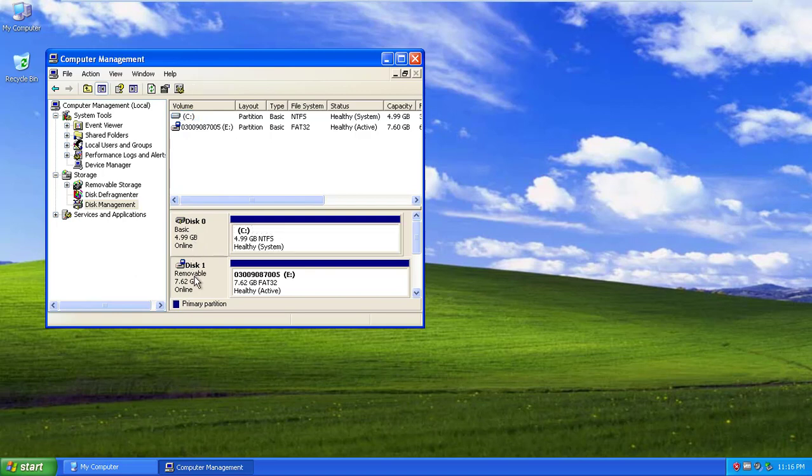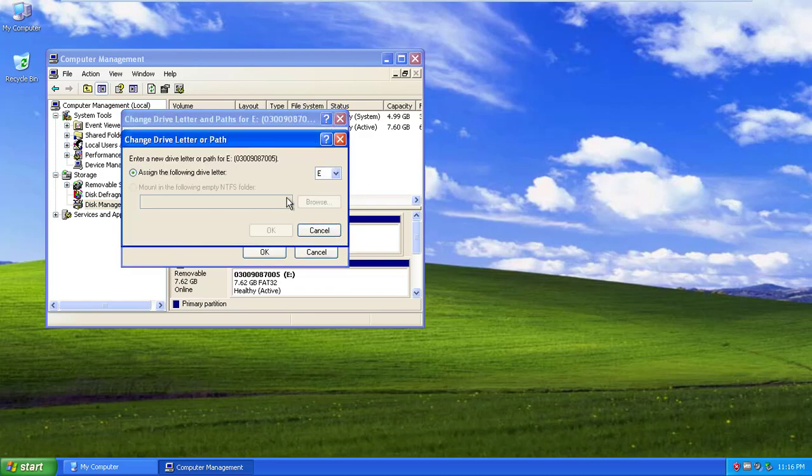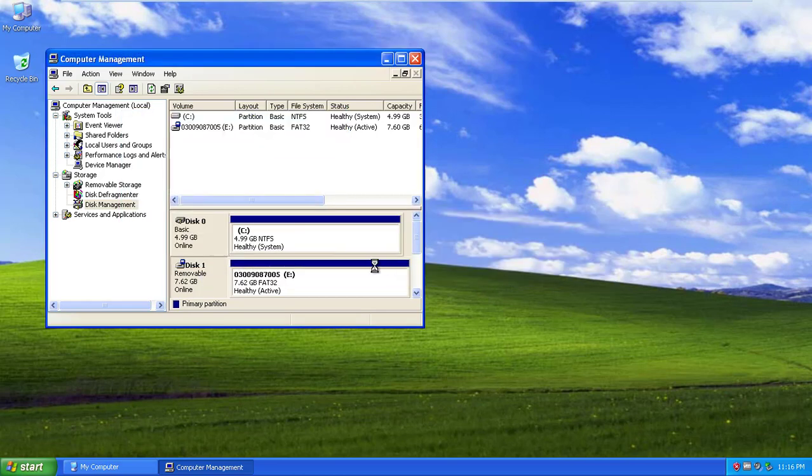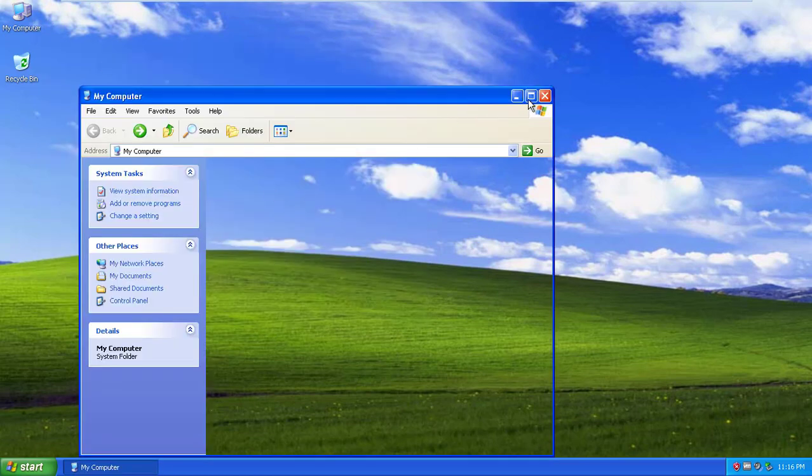So click on this USB and go to change drive letter and path. Here you can see change, so make it A and then press OK and close it. So this may solve your problem.